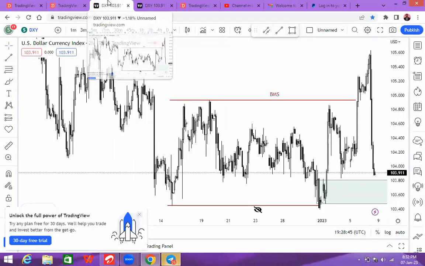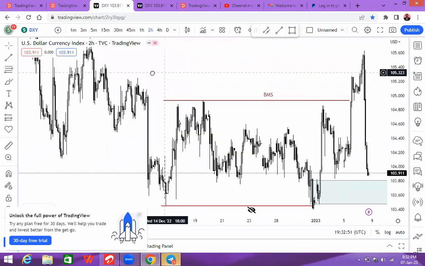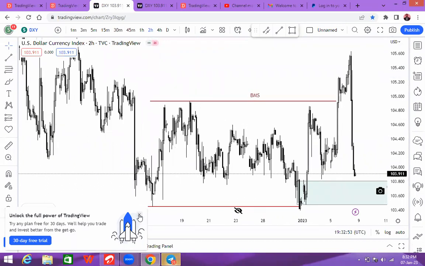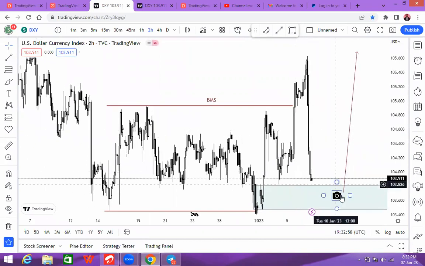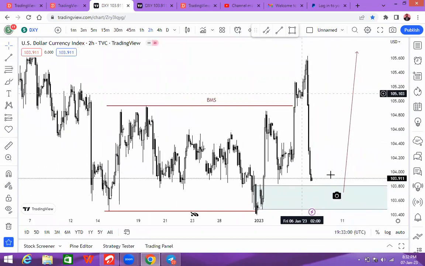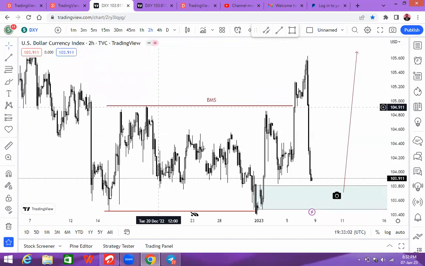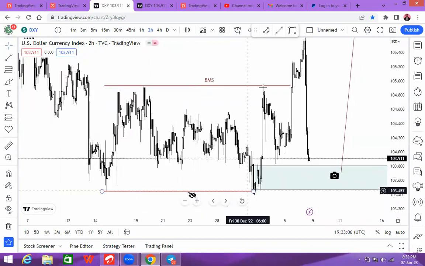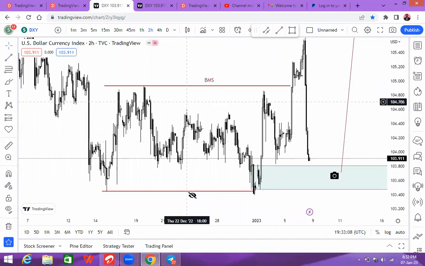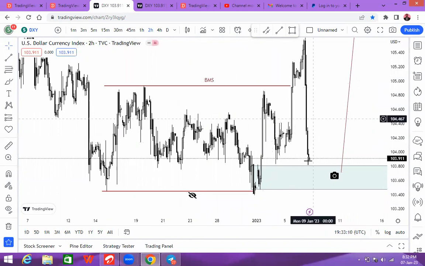On Euro USD, this is the DXY. As I explained, DXY has broken structure already to the upside. I annotated it, so we're expecting price to come here. And since DXY is bullish because it has broken structure, you can see how this liquidity was taken. Price came, tested this region and broke structure. So price is coming back to retest